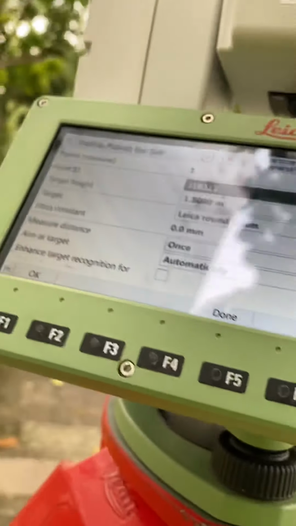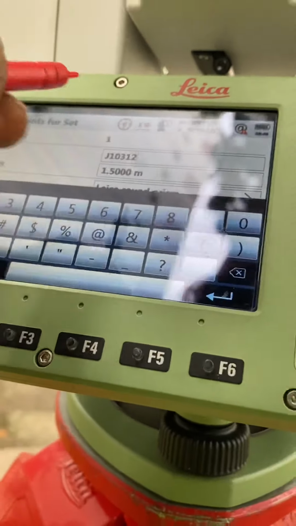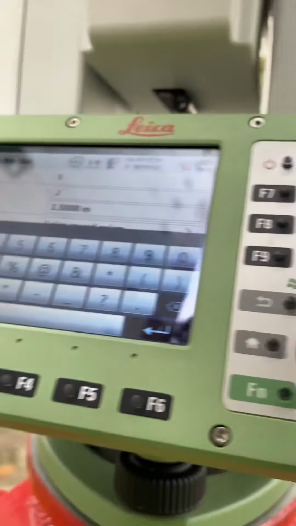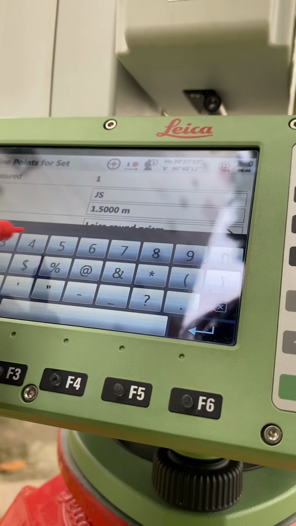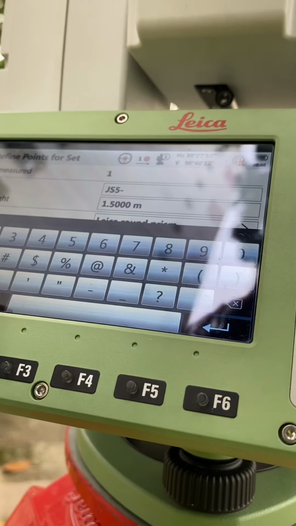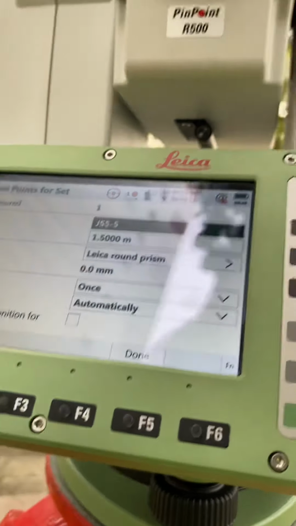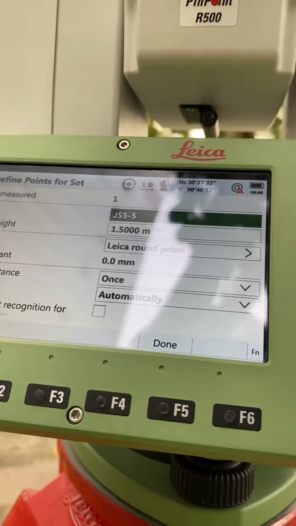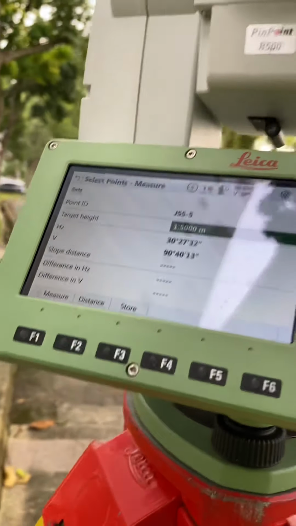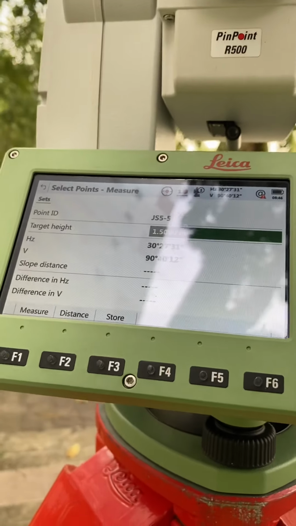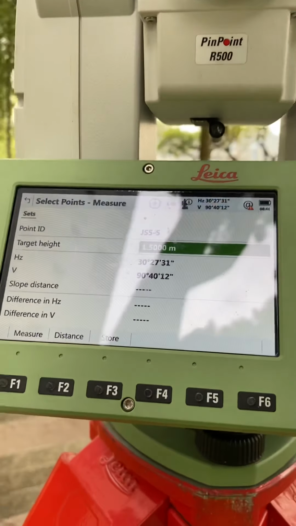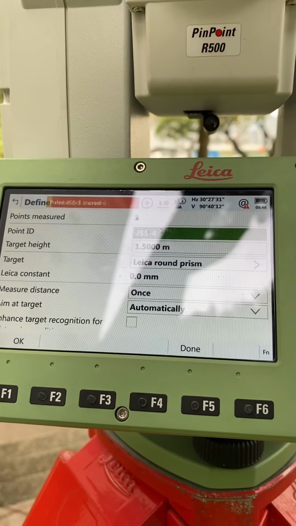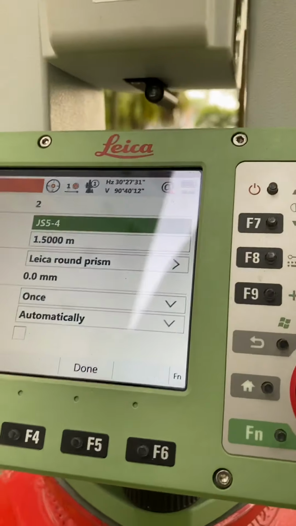Okay, I am ready. So this is my second point name. Must change the name. My second point name JS5/5. This is my second point name. So once automatically. So I measure. Second point I measure. Can look at the second point on the right. Storage ready. Second point. Okay.